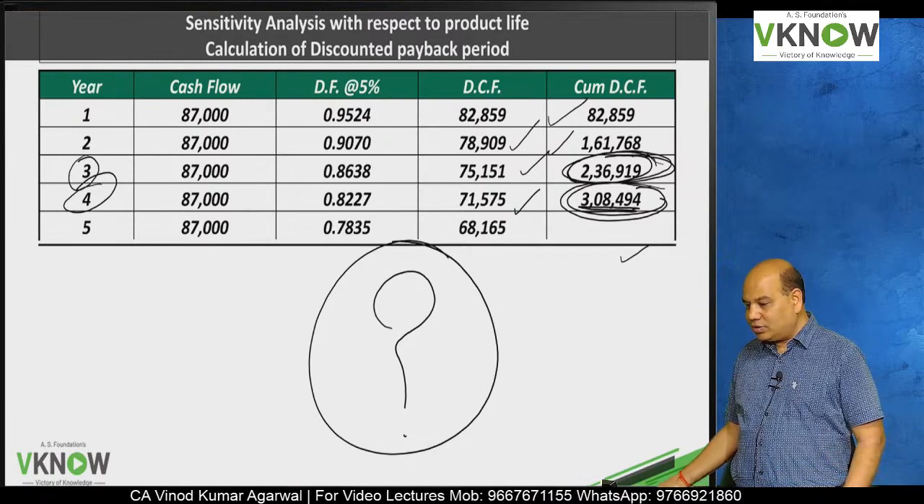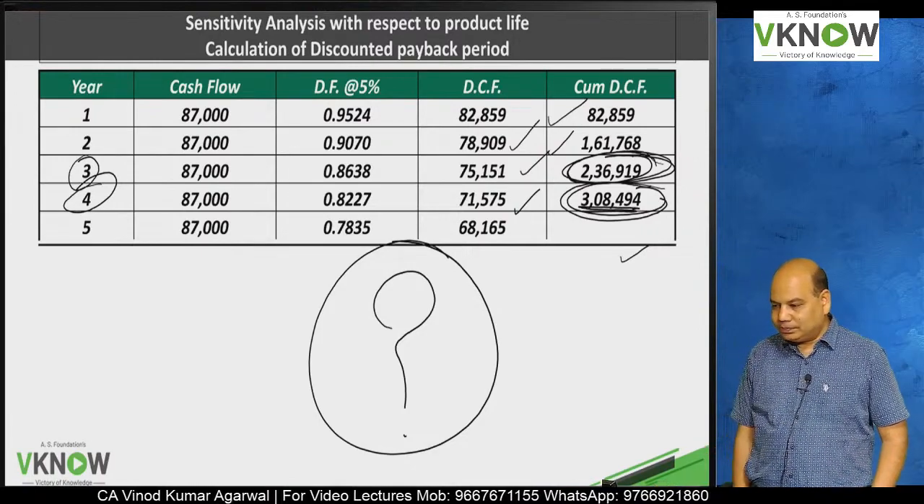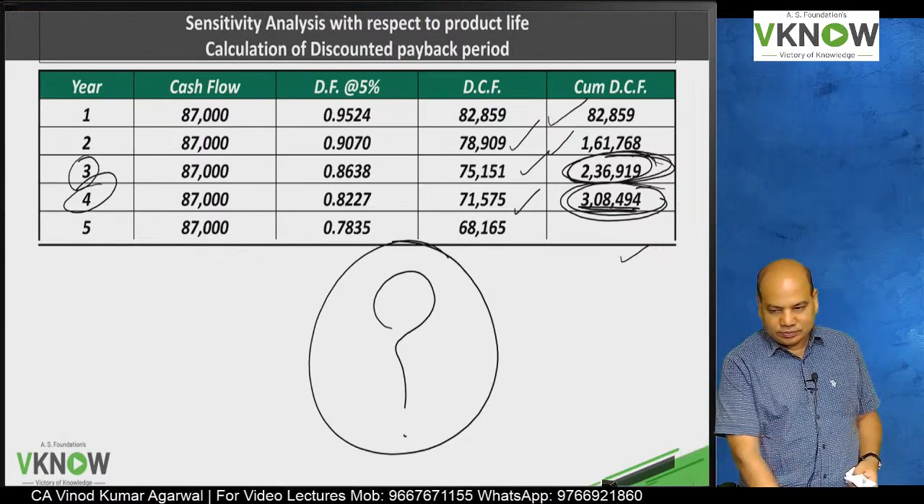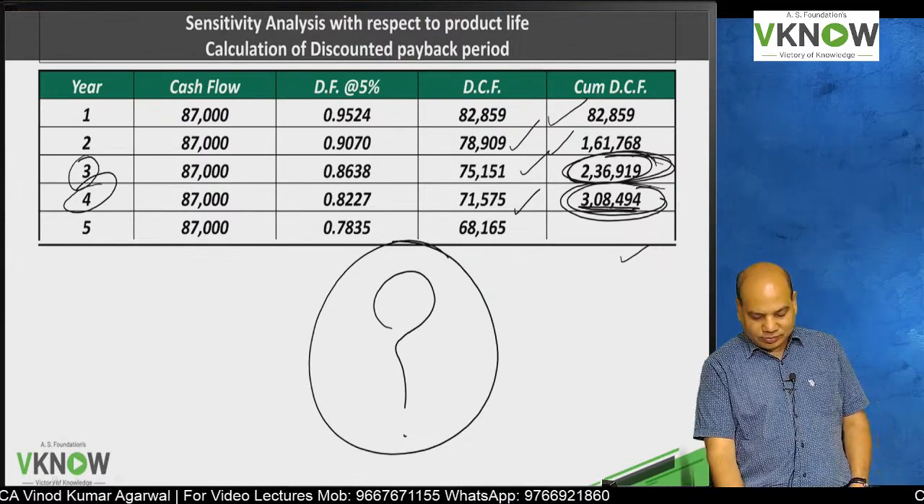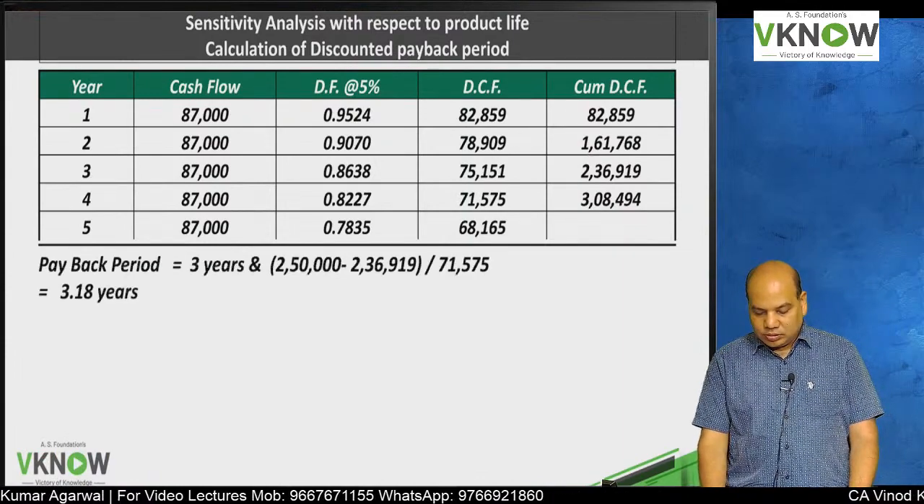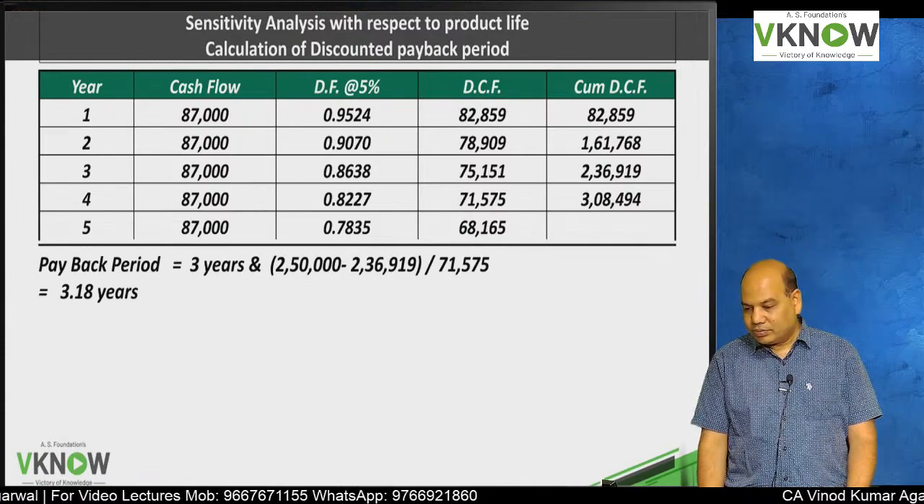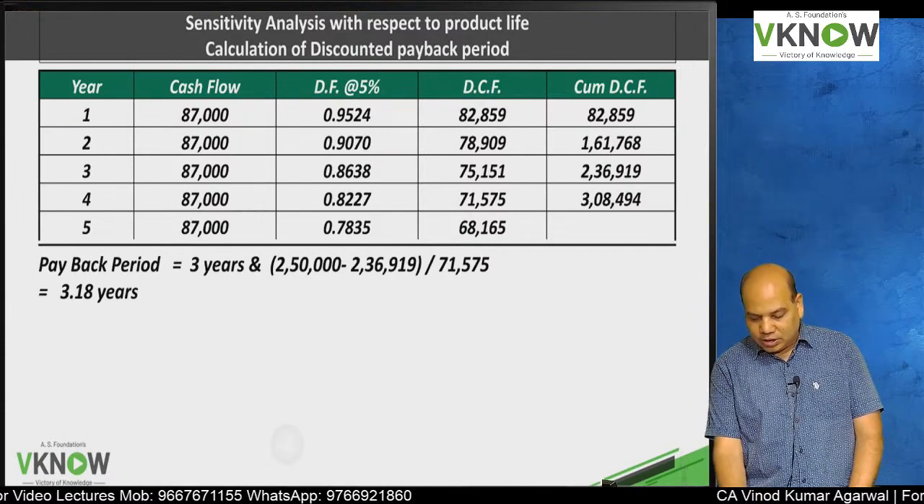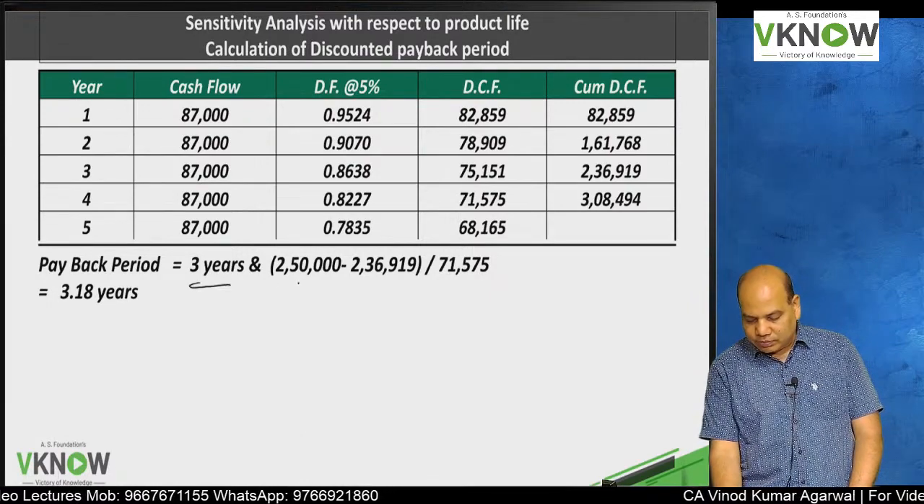One student is saying 3.05. Anybody else? So the answer is 3.18. The answer was 3.18. Okay, 3 years plus you have to recover 2,50,000